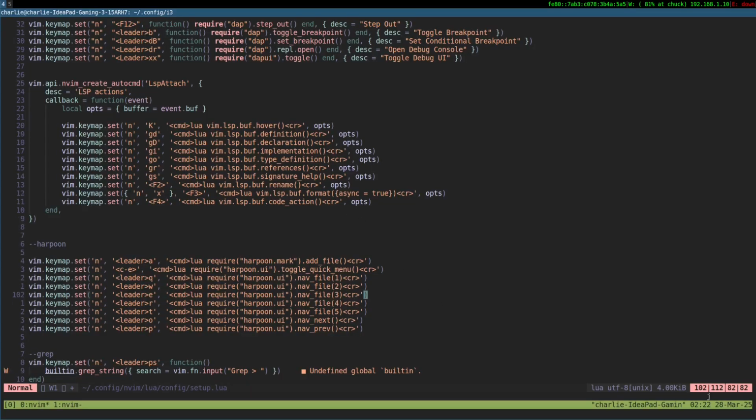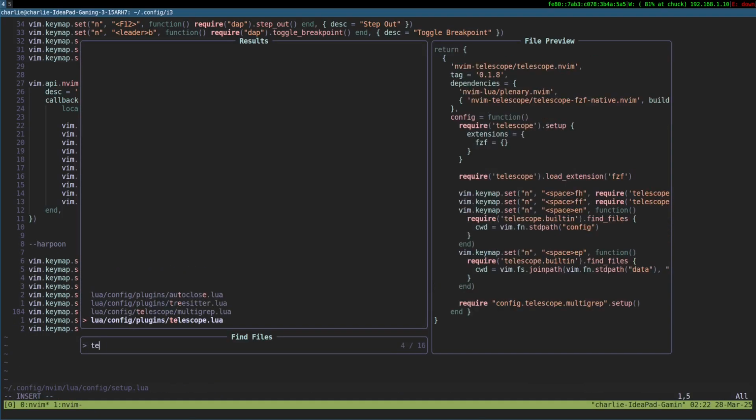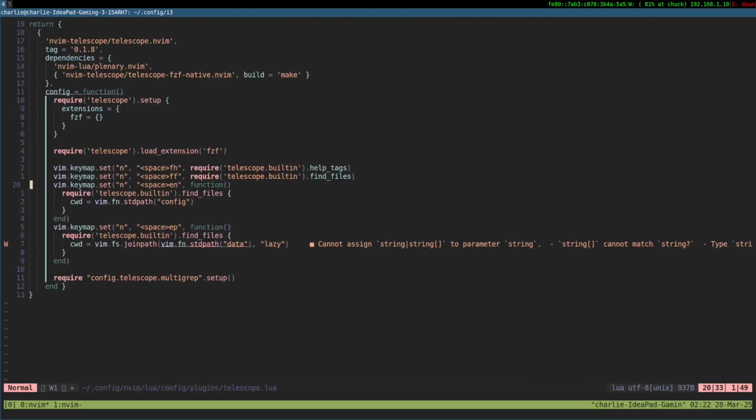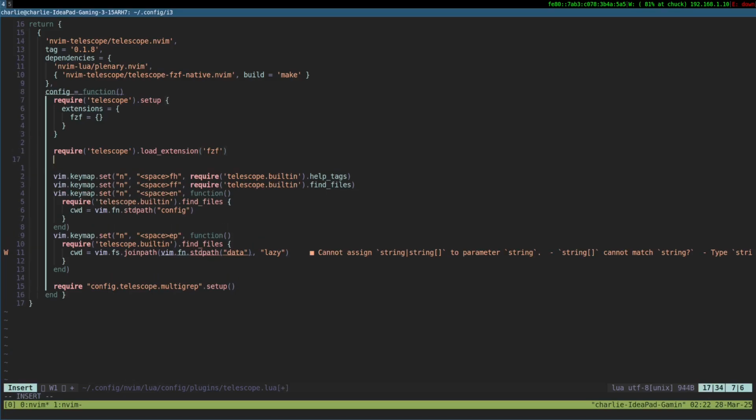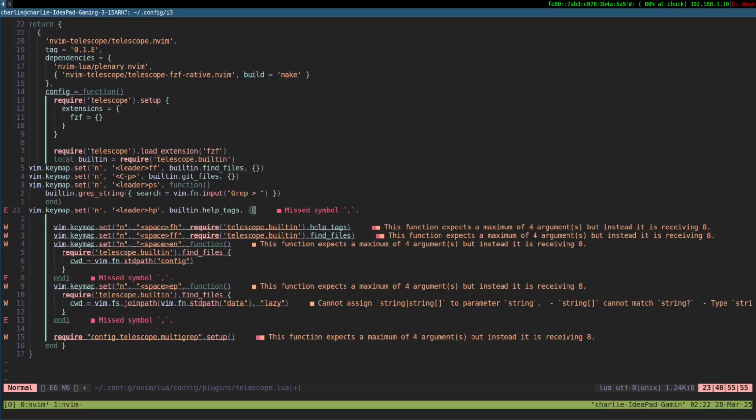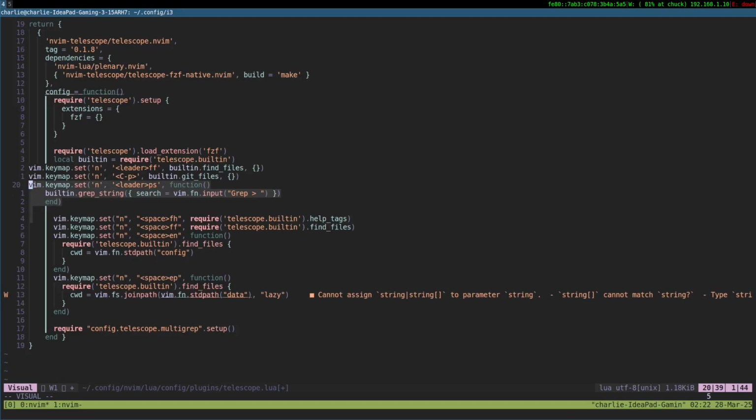Okay, I'll delete this. Telescope builtin fuzzy finder.